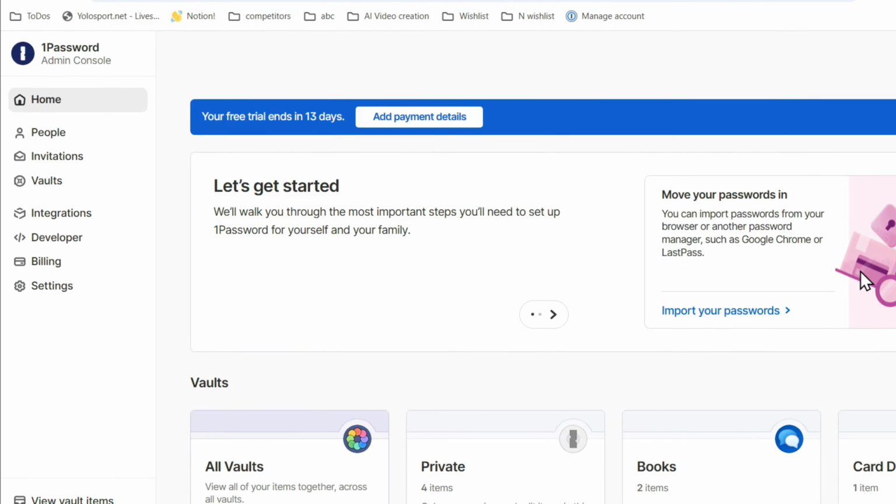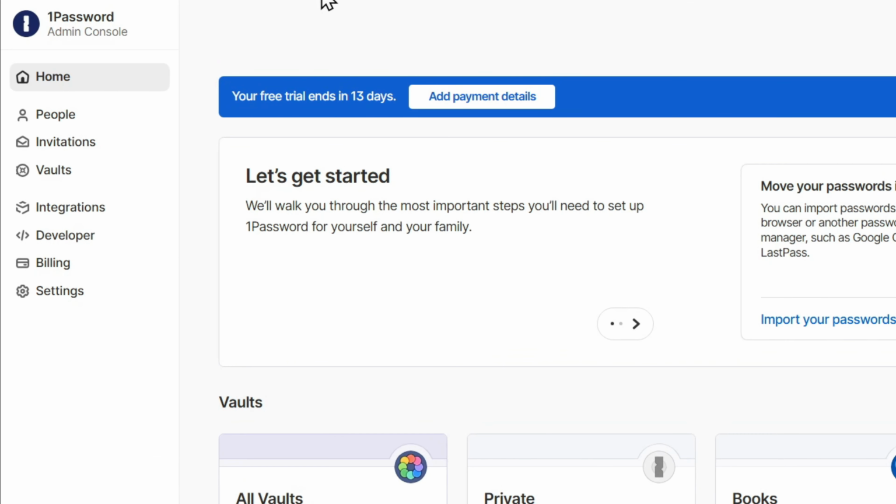In this video, I'm going to show you how to invite people in 1Password. Depending on the plan that you have, you will be able to invite others to 1Password. It requires at least a family plan to be able to invite people to 1Password. But once you have an account that allows you to add or invite people to 1Password, inviting them